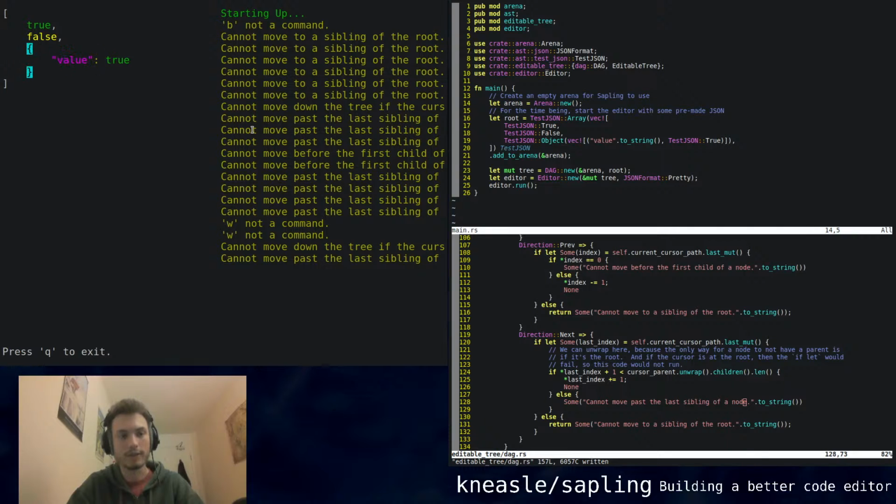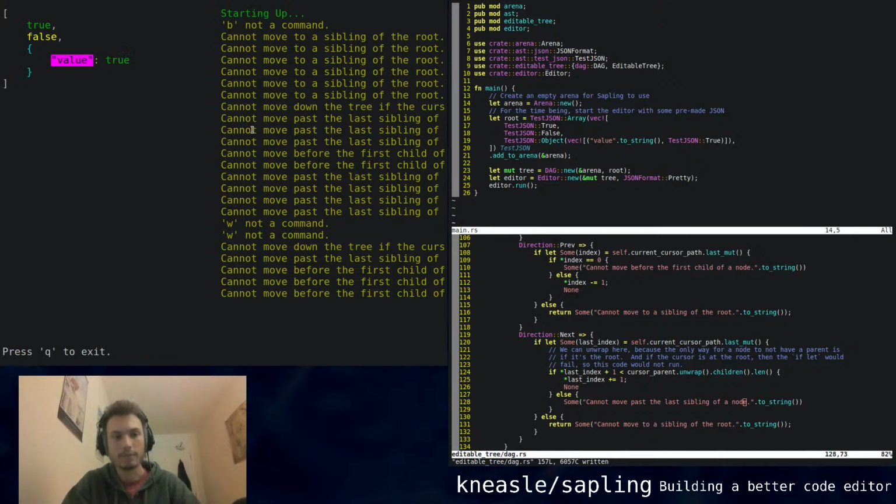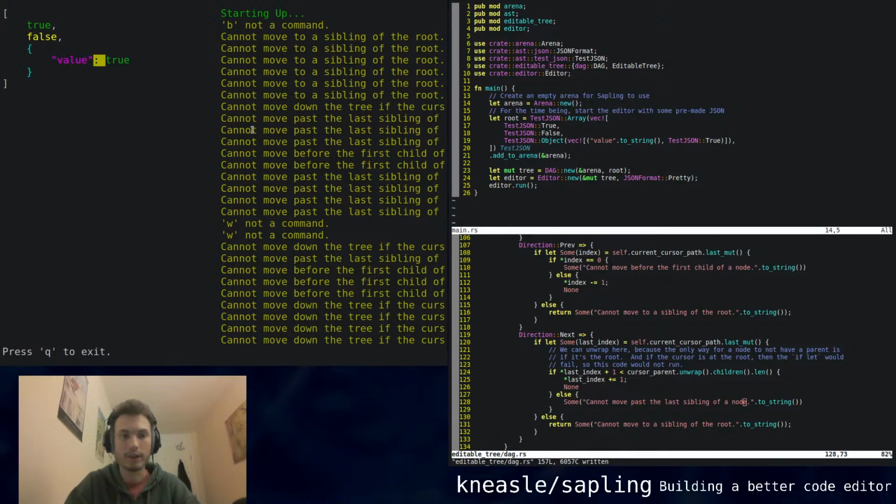These key bindings don't feel very intuitive. Currently I've got J and K to move between children, which is up and down, or J is down, K is up in Vim, and that was just the key bindings I used. But that's really unintuitive for stuff like this, where the nodes are actually next to each other. I'm not sure what the best solution would be for that. And then C goes to the child, which I can't do, and then P goes to the parent. So, yeah, I think that's working,